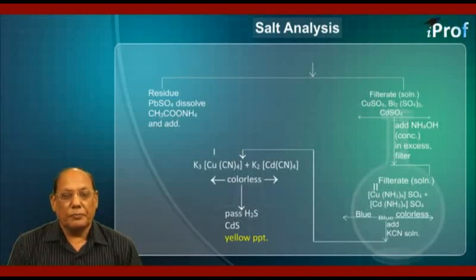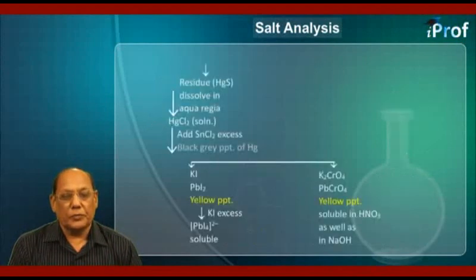Let us now discuss another residue that was of lead sulfate. We can dissolve this lead sulfate precipitate in ammonium acetate. PbSO4 is soluble in ammonium acetate. Then we divide this solution into two parts. To one part we add potassium iodide. Then we get